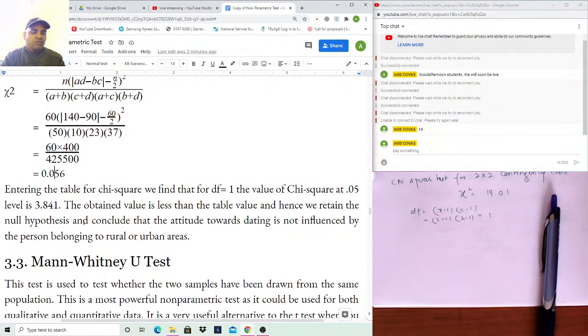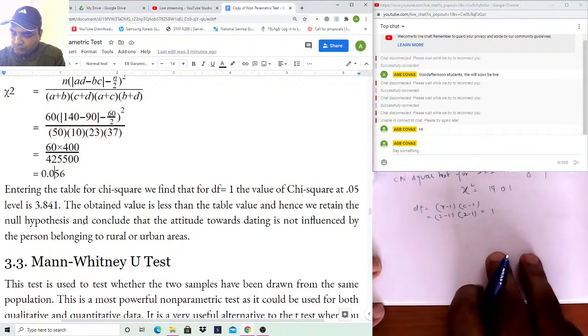So this is how we apply the chi-square test in the case of two sample tests. That is, we have rural and urban, and data on their attitude towards one particular question. Okay, so this is an example of how a chi-square test can be applied to your two sample test. Now our next test is